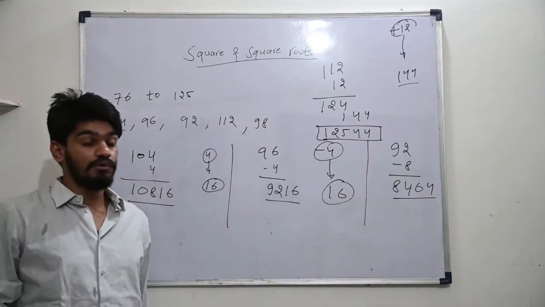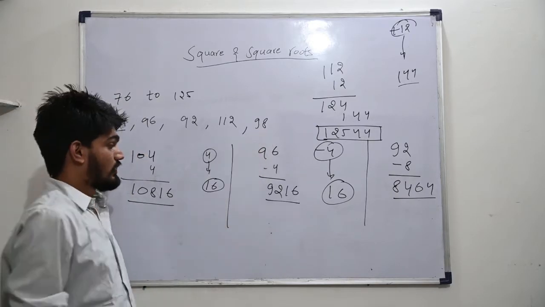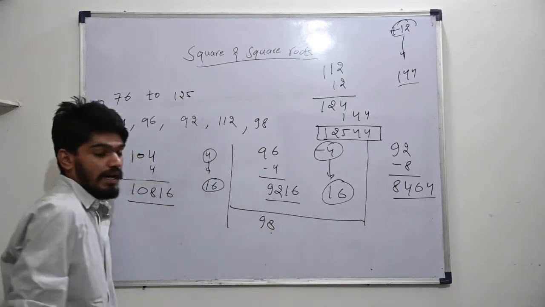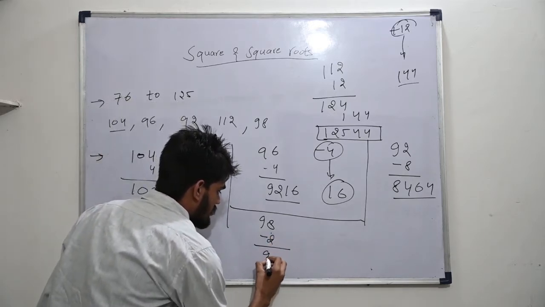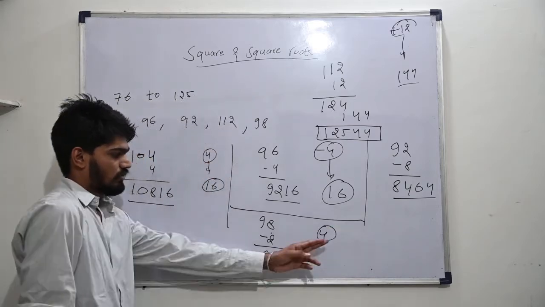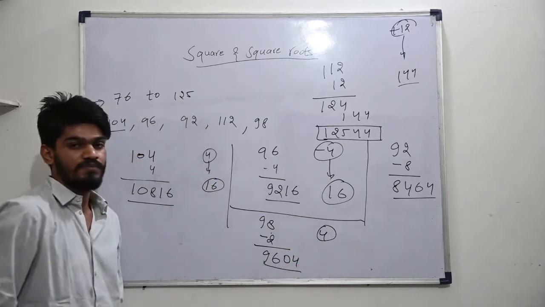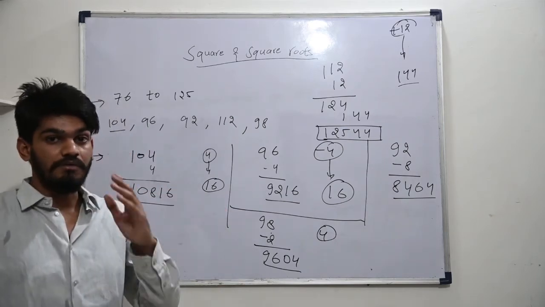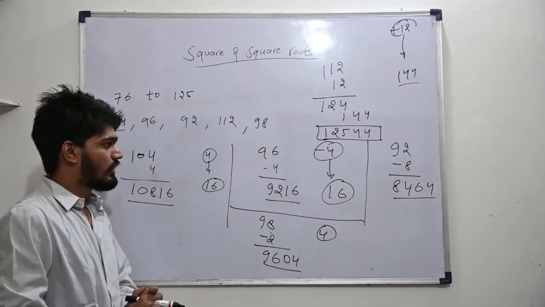Okay? And let's say if you get one digit, in this example the square will be one digit. So how are we going to do? 98 has a difference of minus 2 with 100. 96. And then minus 2 square is plus 4. Now this 4 is only one digit, so we are going to write this as 04. So that's how we can find the squares of numbers from 25 to 125 in just one step. Alright, so it's very easy, and I hope you are able to understand this.